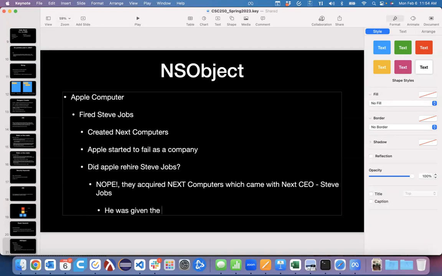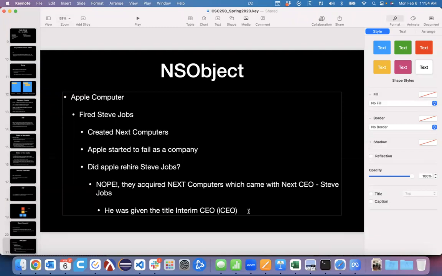He was given the title interim CEO, which in the early days of things like iPod and things like that, he was nicknamed the iCEO. And then he just never left, right? Steve Jobs actually made Apple payroll for almost a year out of his fortune because